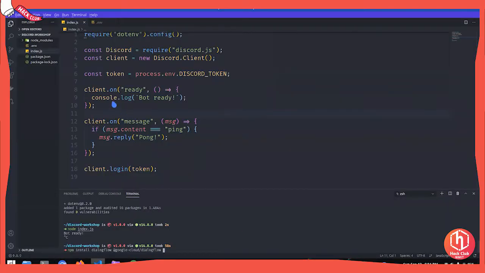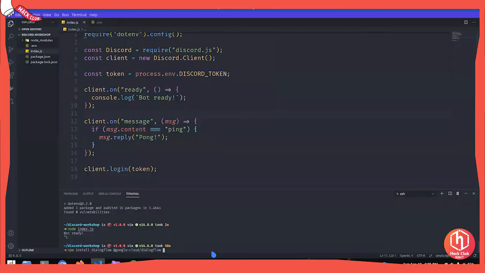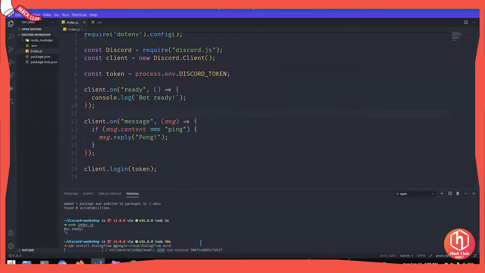And I'm going to need another package called UUID. What this package does is it'll generate random strings every time you execute this function. The way Zoom meetings are held is every time a meeting is called, a random string is generated. That's how the Zoom servers know that this meeting is active, and all the people can join that meeting using that specific string connecting it to the server. So we're going to install UUID too. Hit enter, and it's going to install all the 3 packages for you.